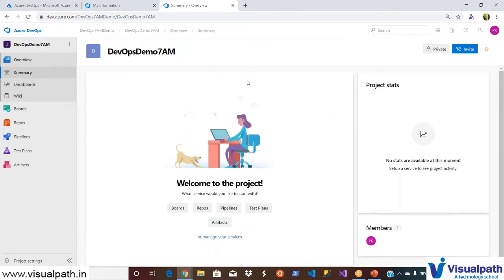So this is your project dashboard. As I told you, we can customize this one as well. Okay, this dashboard, we will be seeing it in the coming classes. So we'll be working on all these boards. Before we go and work on these Azure boards to start with, let me give you some introduction about Azure boards and what all we will be doing in this Azure boards feature.